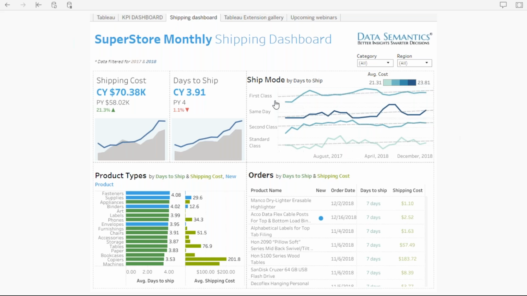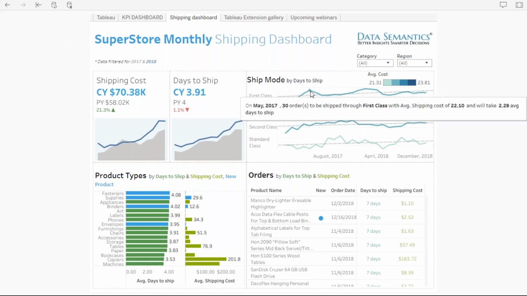Now, here you can see there's a trend line against the ship mode for the number of days it takes to ship, as well as the average shipping cost. When you hover over a mark, for example here, it gives you more details into the number of orders that need to be shipped through the different ship modes, the average shipping cost,